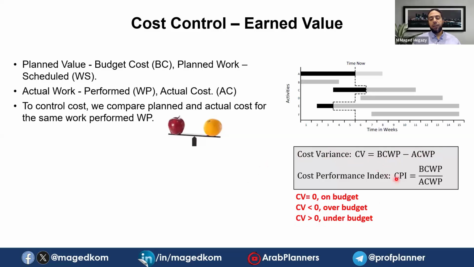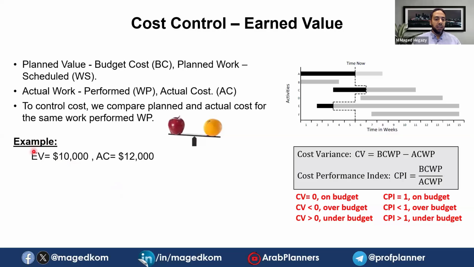Likewise, they are calculating it in terms of percentage. If we are doing it to know this difference in value, what's it in terms of percentage wise. So cost performance index, calculating it earned value divided by actual cost. So if it is equal 1, it's on budget. If it's less than 1, it means over budget. It means the actual cost is more than the budget spent on the work, the specific work actually performed. So if it's less than 1, it's over budget. If it's greater than 1, it is under budget.